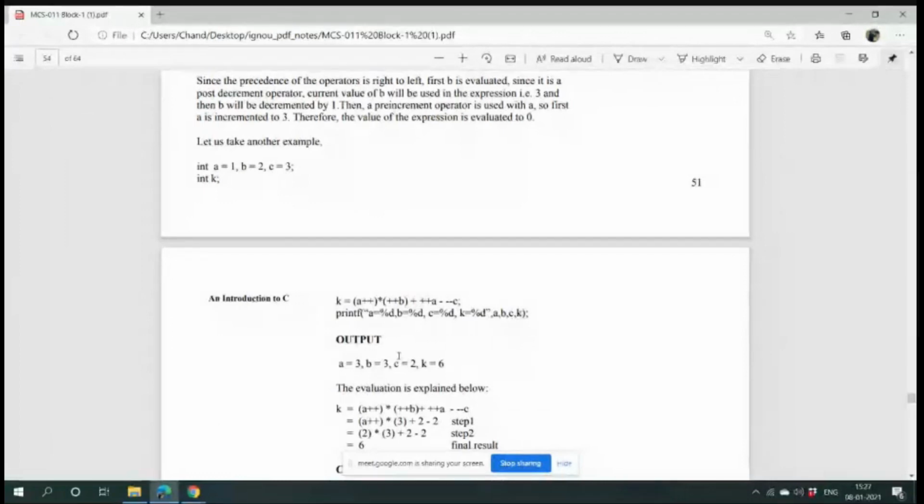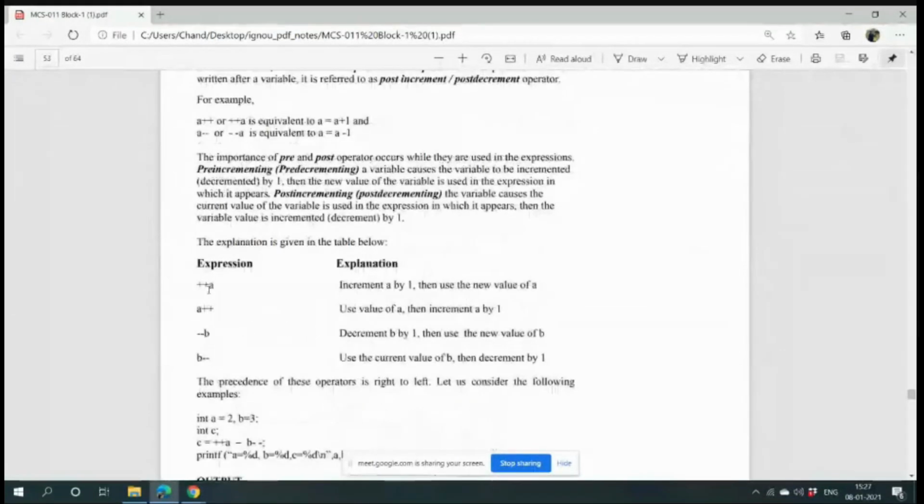So this is what you have told, that for plus plus A, you have to increment by 1 and at the same time you can use it. But for A plus plus, you increment the value, but you have to use at that point the old value. For the next, when the variable is termed at next, then you will use the incremented value.